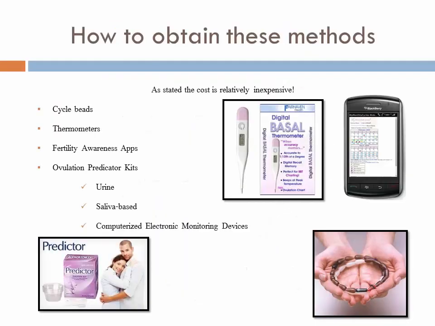Last but not least, if you feel this method best suits you, these are ways to obtain these methods. As stated, the cost is relatively inexpensive. Cycle beads and thermometers range from $10 to $15 at local drugstores and grocery stores. Fertility awareness apps can be downloaded for free on Androids and Apples. Also, there are ovulation predictor kits that can be picked up at your local drugstore. There are urine, saliva-based, and